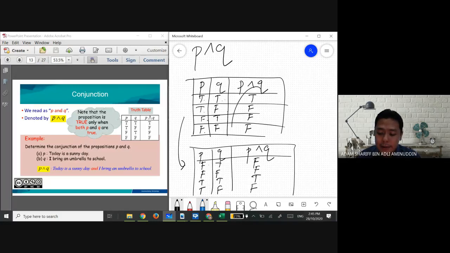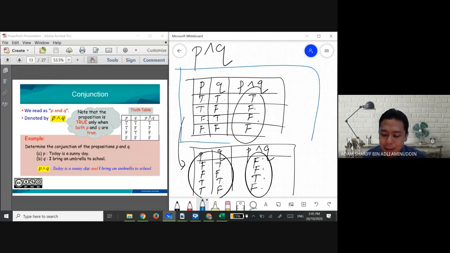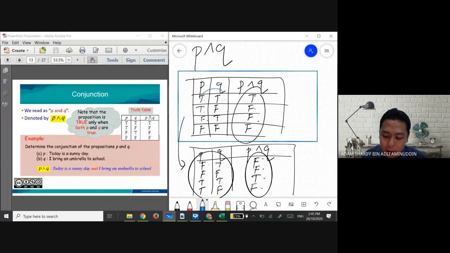When you see like this, the order of the truth value is already different. Yang ni saya baca T, F, F, F. Yang ni budak ni saya kena baca F, F, T, F. Technically, this order you can have 4 kinds of answer. Kalau susunan dia berubah. So, please saya cakap for the first time and the last time, please follow this order, supaya saya tidak tersilap mark kamu punya jawapan.